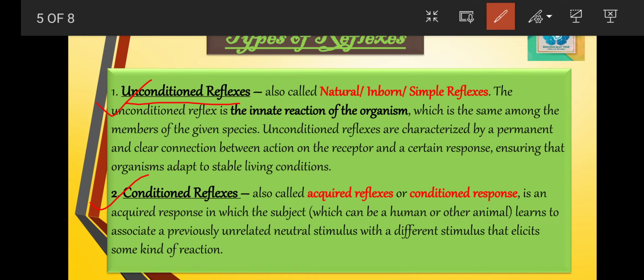The first one is unconditioned reflexes. They are also termed natural, inborn or simple reflexes. It is an innate reaction of the organism which is the same among the members of the given species. For example, unconditioned reflex actions include salivation on smelling a very favorite food or even thinking about it, the closure of the eyes on seeing a welding light,